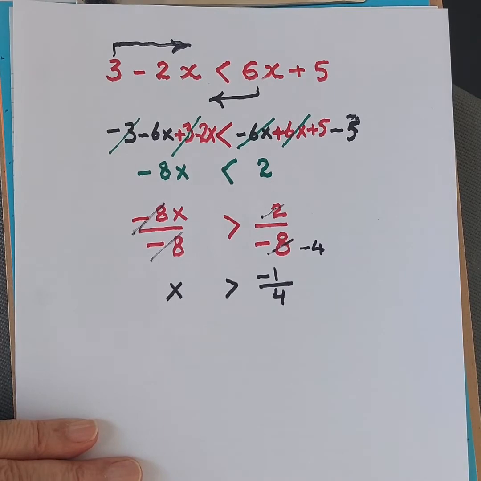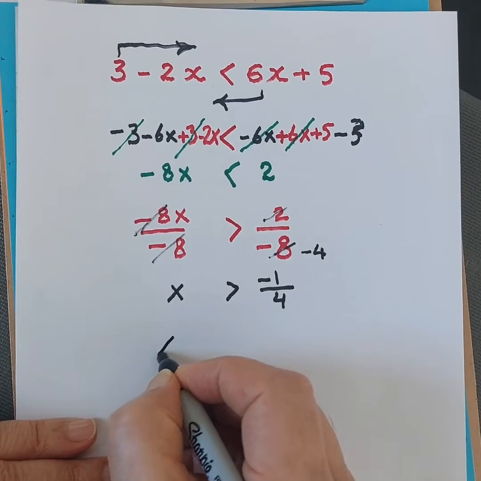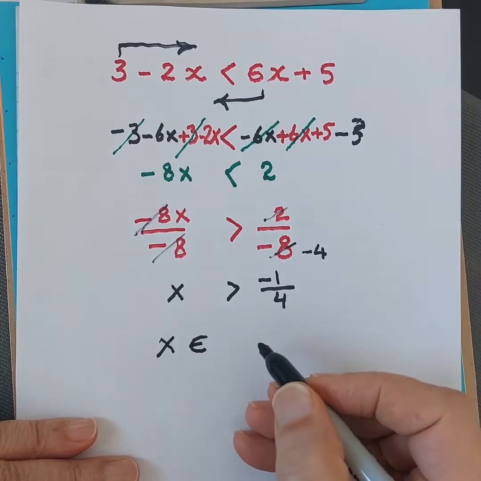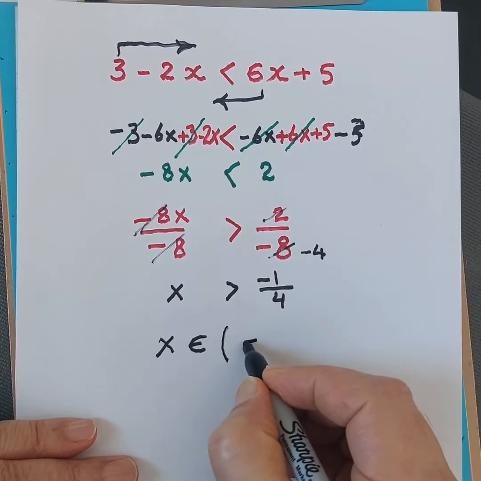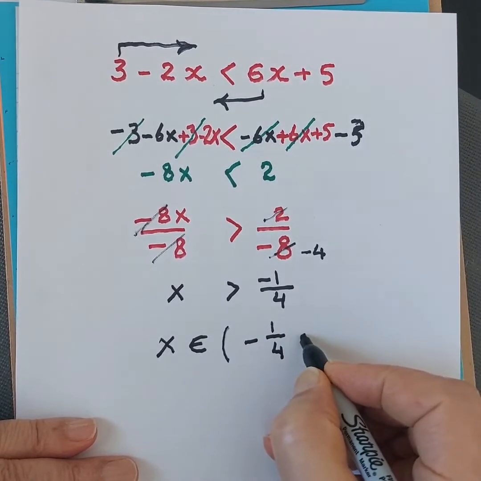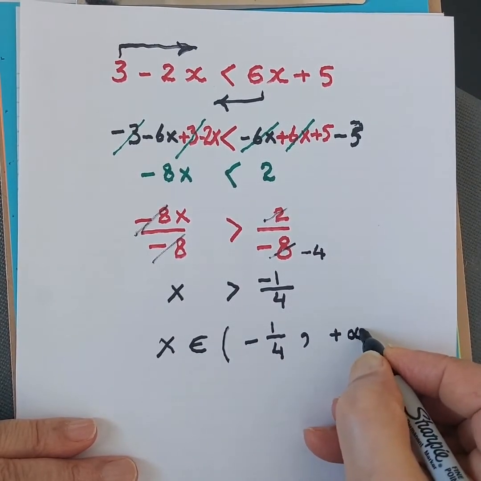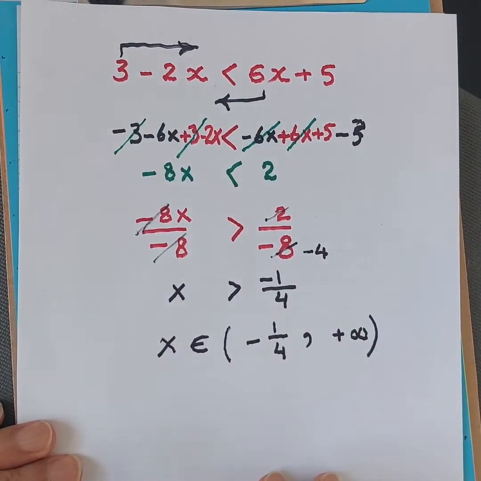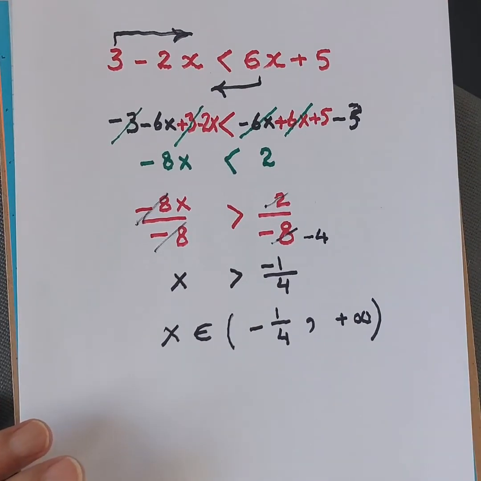So the solution, to represent it in terms of interval, we can say x belongs to the interval which is open from negative 1 over 4 till plus infinity. Also, it's open here. So this is the solution for this inequality. And to represent it on the real number line,